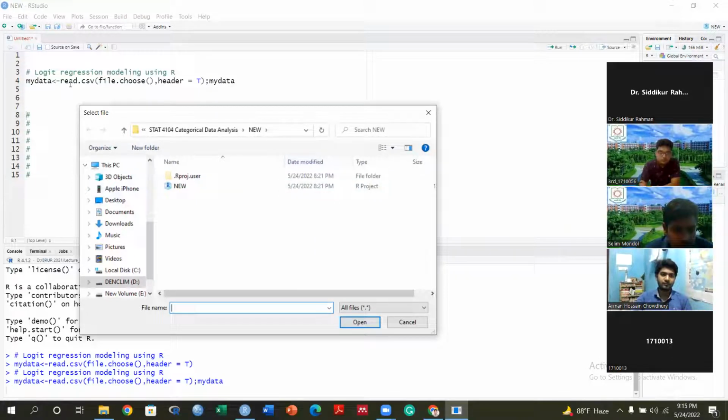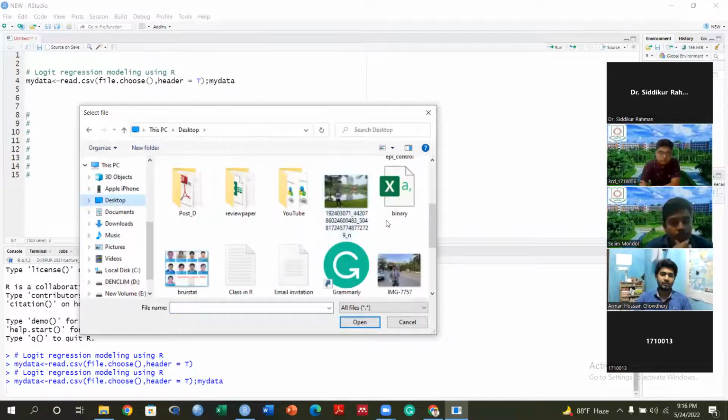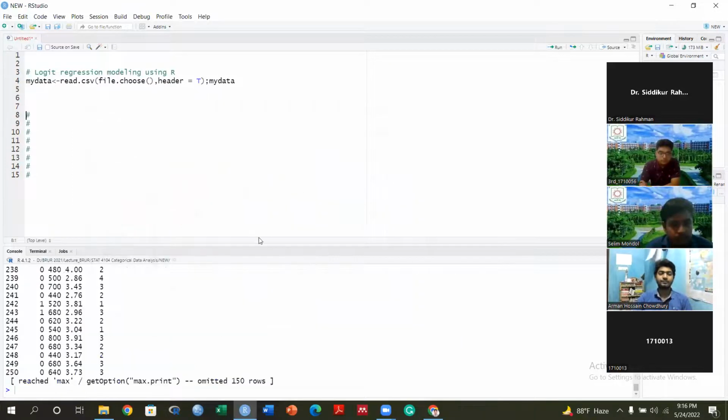Because this is the same command, right? The laptop is telling me to read the data again. So I have to read the data again, no problem. Okay, you see now, this is the thing. So there is a command here like this, reached maximum, omitted